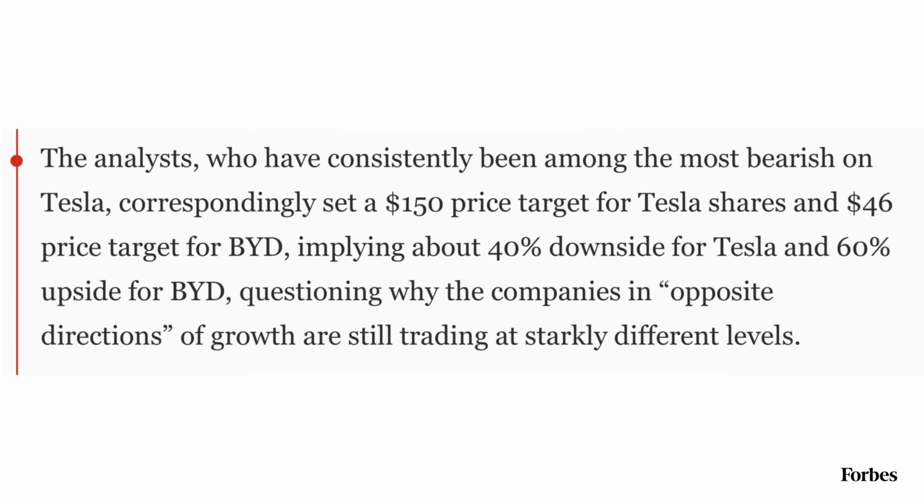Analyst Tony Sacconaghi is keeping his $150 price target and underperform rating on the stock, and primarily questioning the differences in valuation between Tesla and BYD, pointing to BYD's recent growth versus Tesla's. Of course, this is something we've talked a lot about over the last year. I think BYD has made really impressive progress in that period of time, and there's merit to a very long